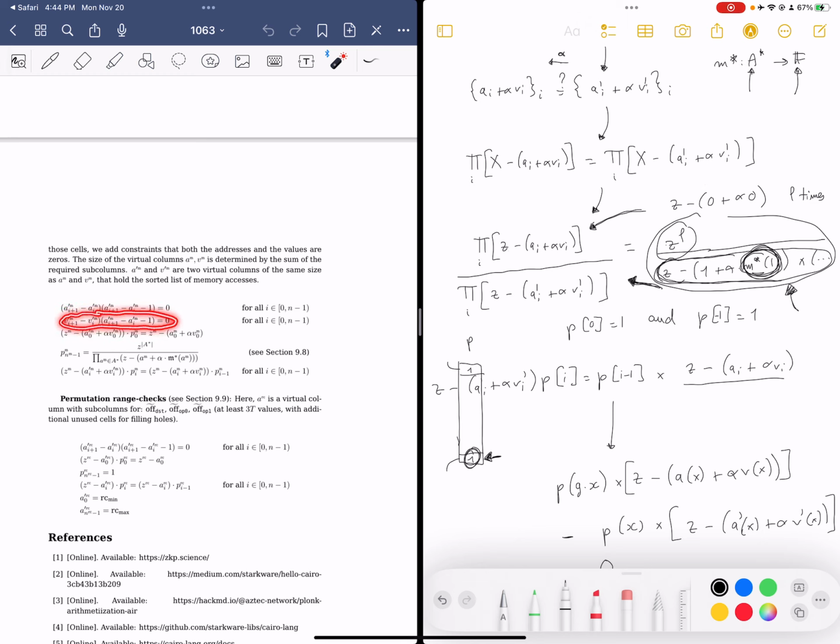And why do we have another one here? Oh no, this is just the initial value, which I haven't explained, and this is the normal one for the product. Okay, I'm gonna stop